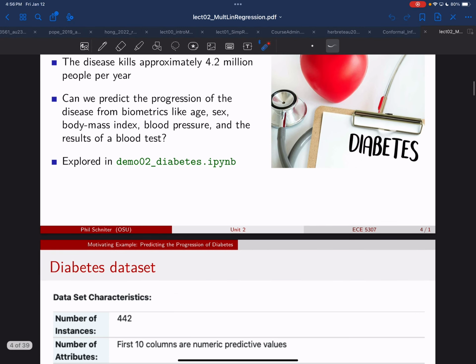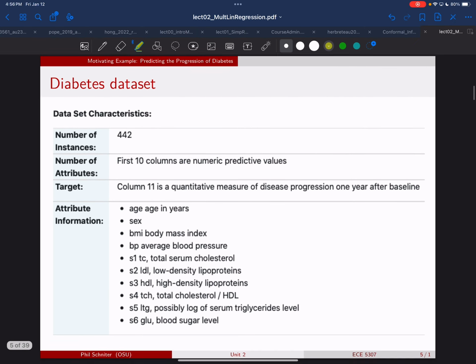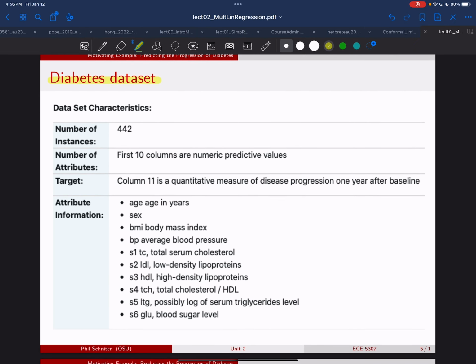So let's see. In this case, the demo, the data set that is motivating the examples we're using is about diabetes, and it's about predicting the progression of diabetes from biometrics like age, sex, body mass index, blood pressure, and various things you get in a blood test. So we're going to use a famous data set called the diabetes data set. It's famous in the sense that it's nice and small, and it shows up in a lot of machine learning textbooks. So it has 442 different samples, and each sample has